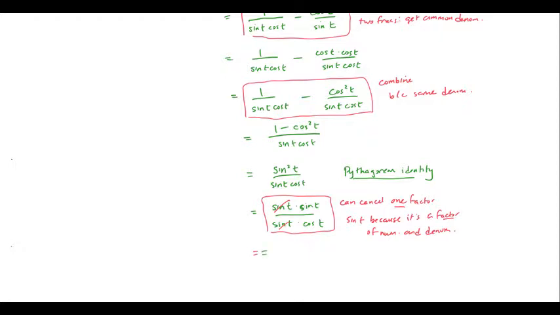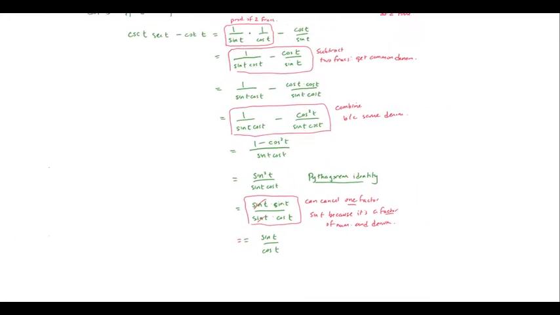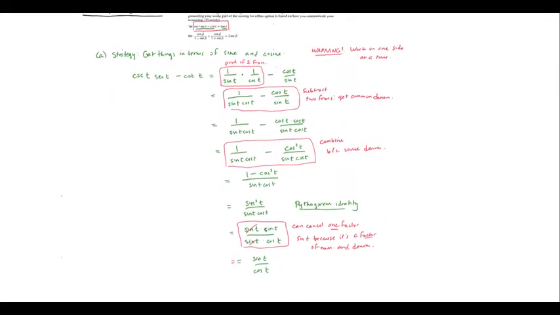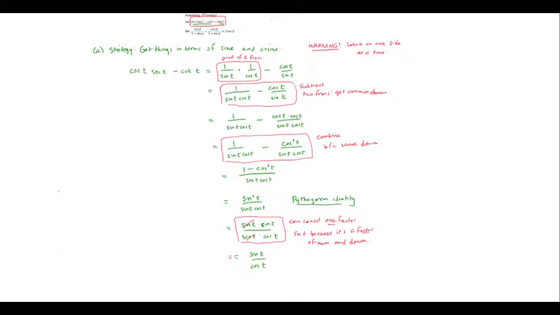That's equal to sine of t over cosine of t. Okay, now I've sort of lost track of what I was going for, so let me just look back up here. Hey, wait a minute. Tangent of t is what I wanted, and that looks like tangent of t. So I can write that down and I can say QED or whatever your favorite end of proof symbol is,